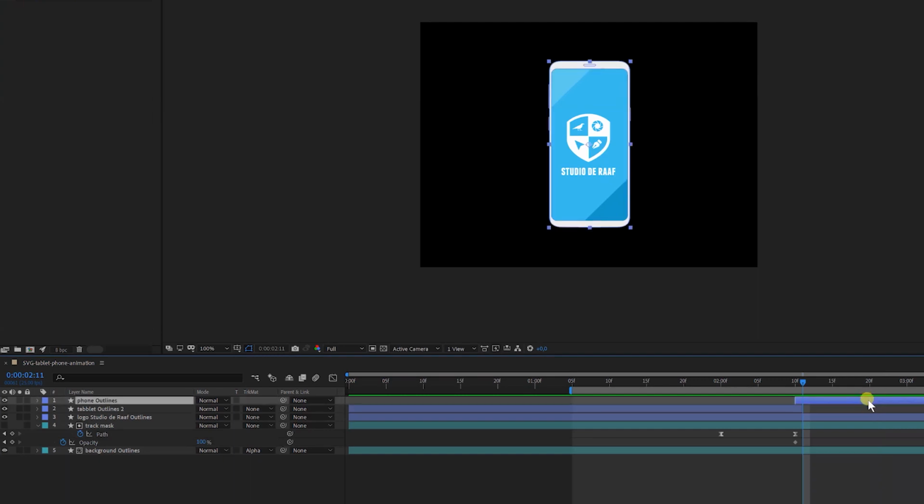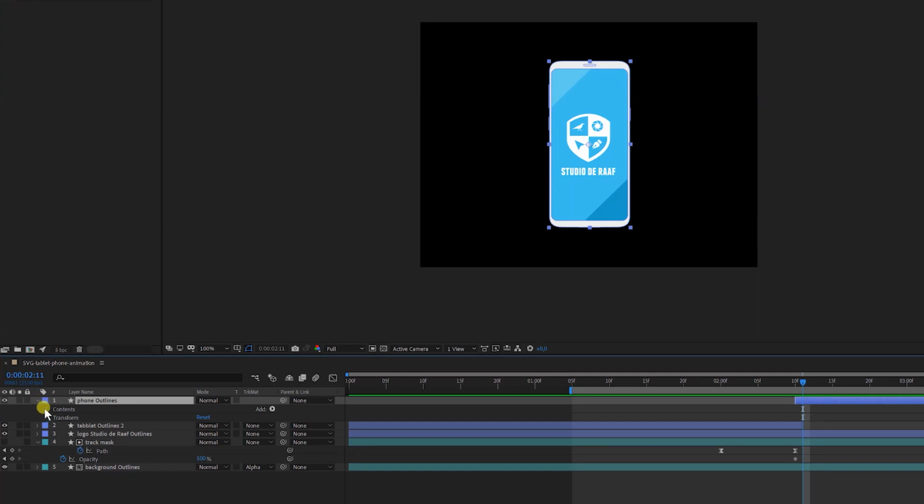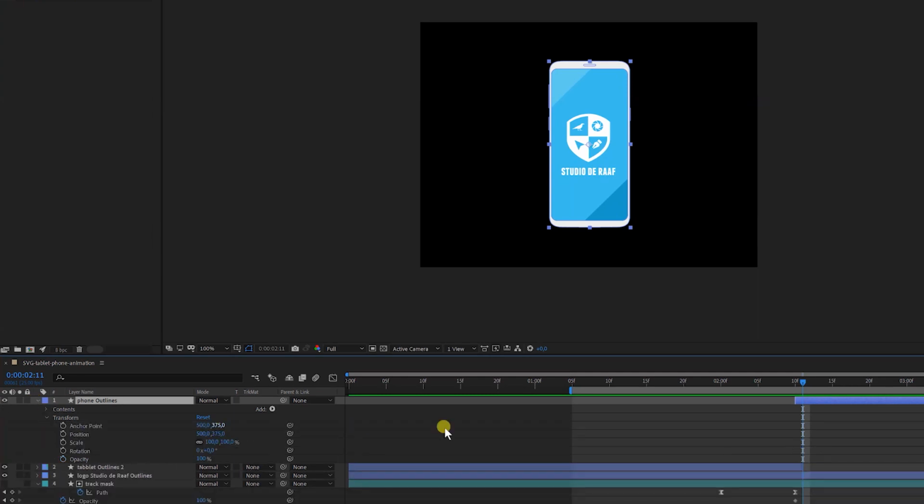So I'm going to open the properties, twirl down this icon, open up transform. So after the tablet is scaled down, we're going to want to start right away with the scale and the rotation. And we make 2 keyframes. So put them straight on the 10. Or maybe give it 5 frames to rest. And then